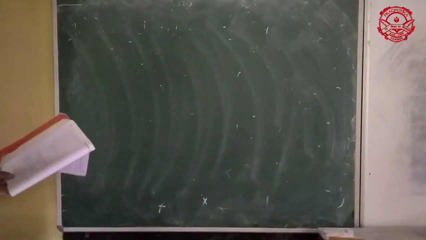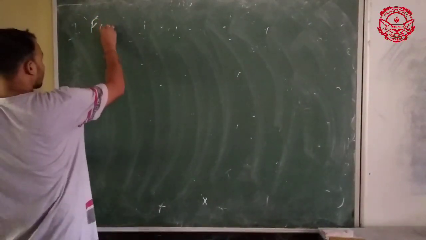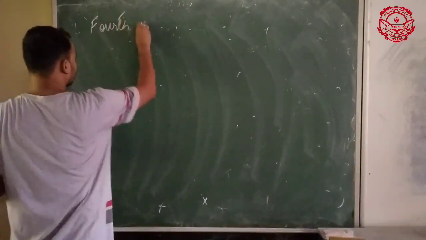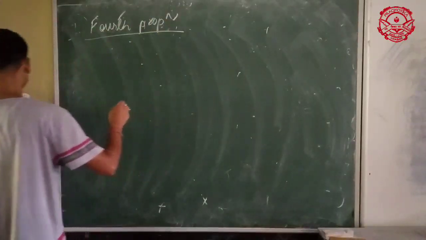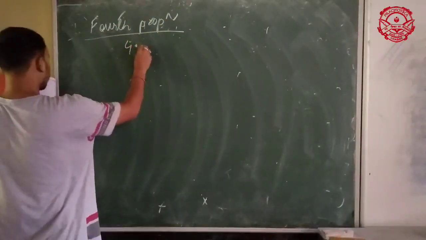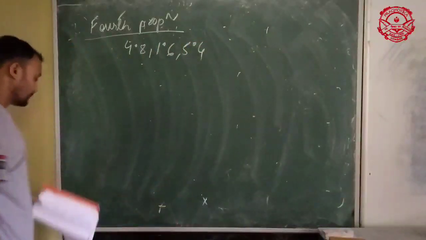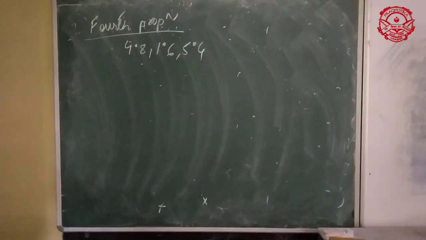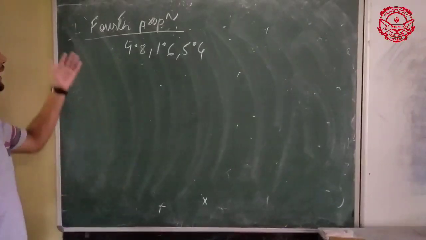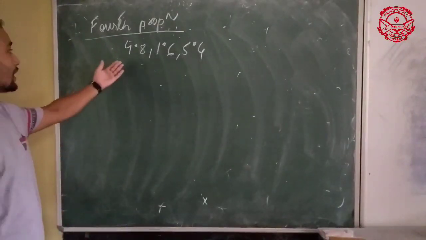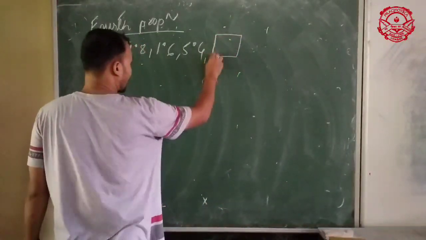Yes, there is another type of question. We are asked to find the fourth proportion. See, some numbers are given like 4.8, 1.6, 5.2. Fine. There are three numbers. We are asked to find a fourth proportion. Now we don't know which one is the fourth proportion. The fourth proportion will stand here. This place is empty.